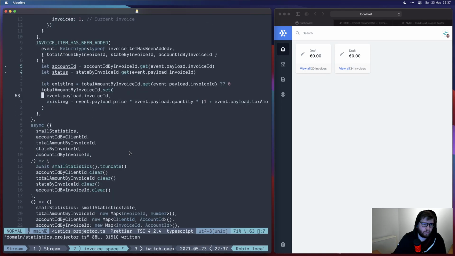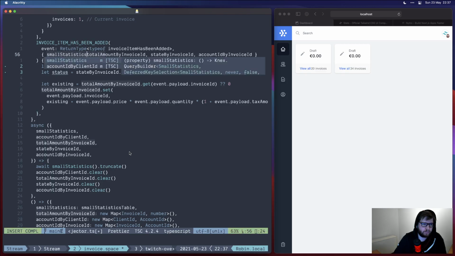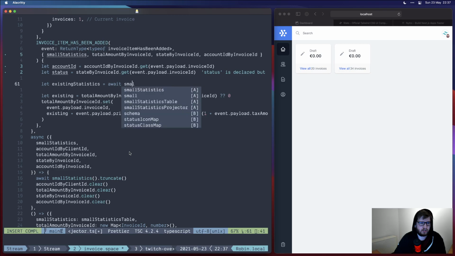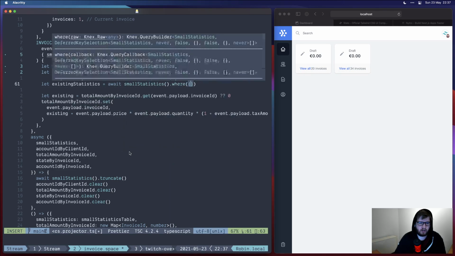Now, the next thing is gonna be, we need our table. Statistics or existing statistics. Statistics is gonna be small statistics where account ID is gonna be,